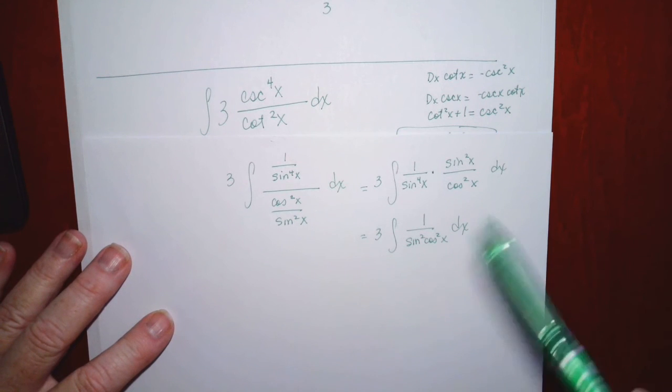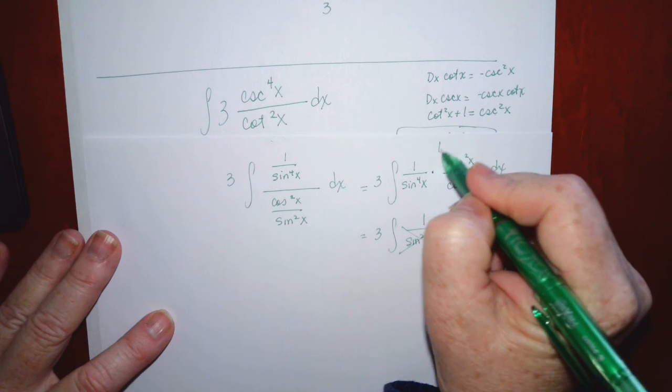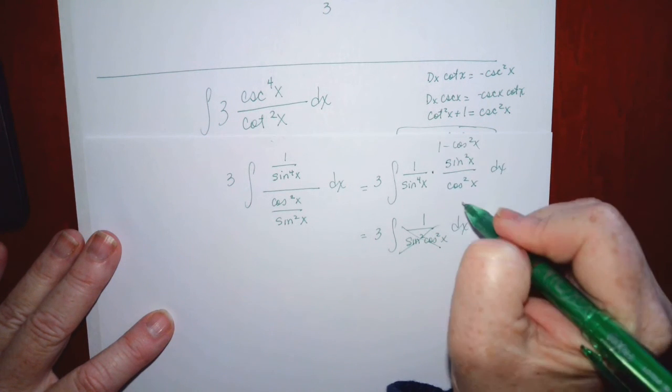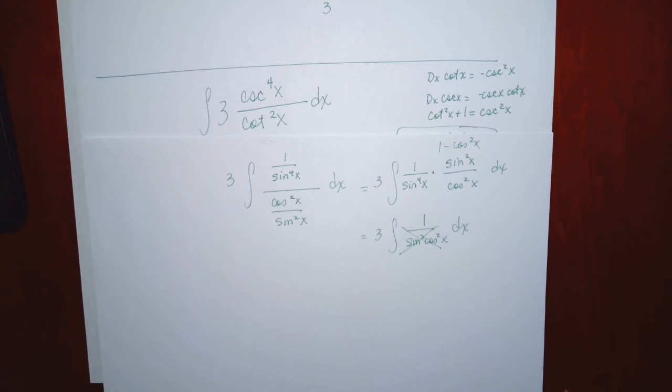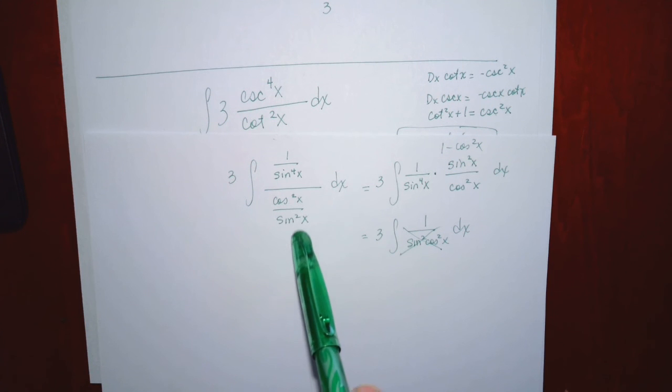You might say, okay, well, that didn't help. Could I rewrite this sine squared as 1 minus cosine squared and then break it up? Well, maybe. So at least give it a shot. If you can't do one of our basics, at least try rewriting it using your basic trig identities. And sometimes when you just don't have any other options, it'll work best if you take it back to terms of sines and cosines. This one, like I said, I wasn't thinking far enough ahead, and this one didn't get us anywhere. But at least give it a shot if